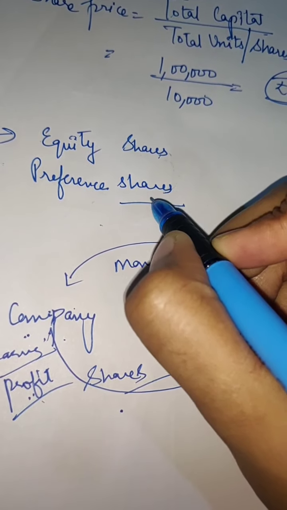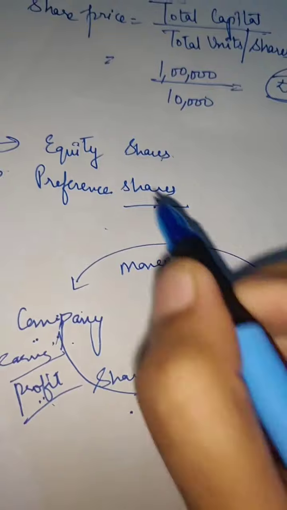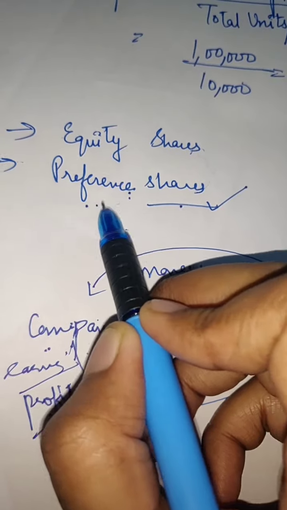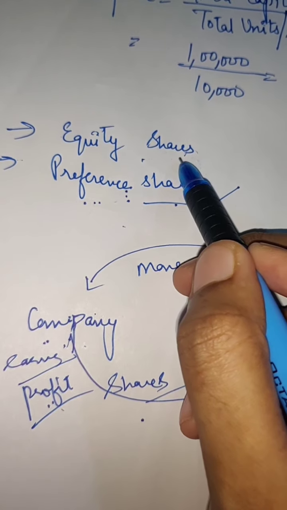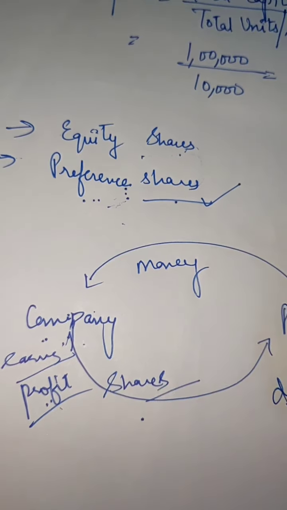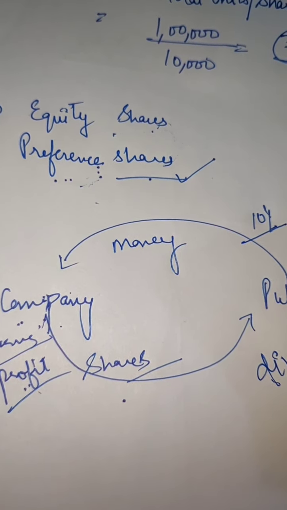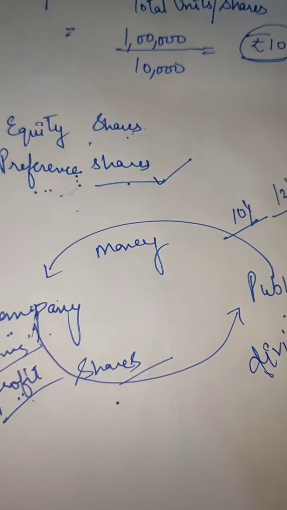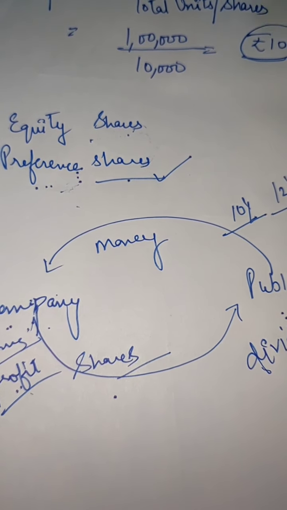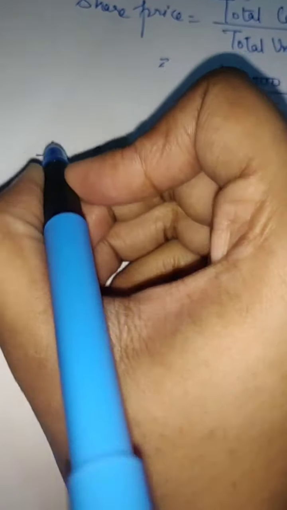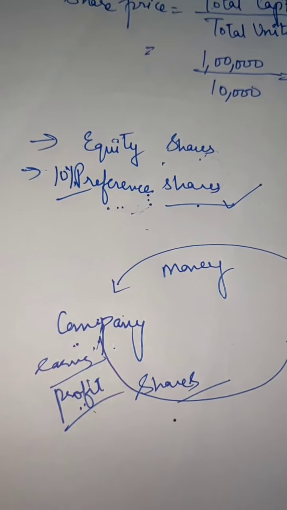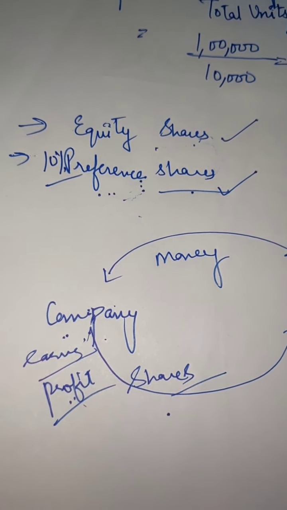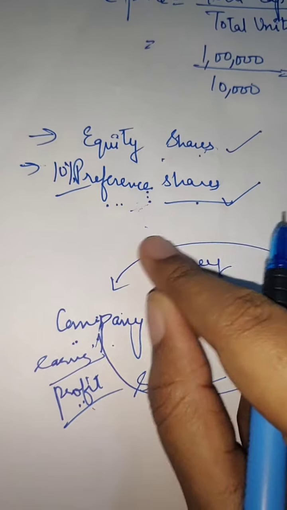So while distributing the profit, while distributing the dividend, the preference share gets the preference. First the dividend is given to the preference share, and if money is left, that money goes to the equity share. There is some percentage, like whatever they invested they will get, suppose, 10% or 12% of the investment in the form of return, in the form of profit. They have a fixed rate while getting the dividend. That's why their name can be 10% preference share, 8% preference share, but this is not the case with equity share. Equity share will get the left amount of profit after giving to the preference share.